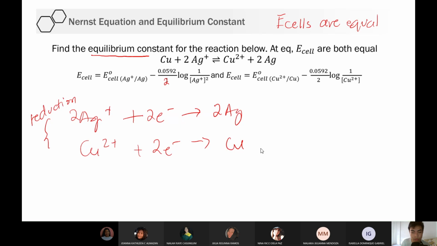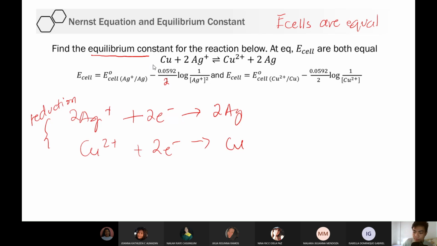Ipa-plug in mo to sa Nernst equation na ginawa natin. Okay. So, pinakita ko na yung Nernst equation kanina, how to use that. Ito, so that's E cell minus this, over N, mole ng electron, which is ito, 2, ito, 2. Okay. Log Q, so Q here is 1 over the reactant. Kasi solid tong silver. Ito, ion to. So, you're going to write 1 over Ag plus squared kasi may 2 na coefficient. And same thing as this one. Same process, pero this time copper 2 plus lang. Solid to, so walang nakalagay sa numerator. Copper sa baba na nakalagay.